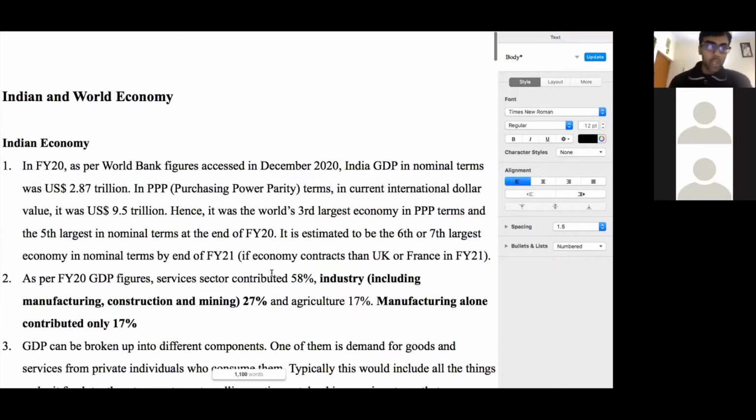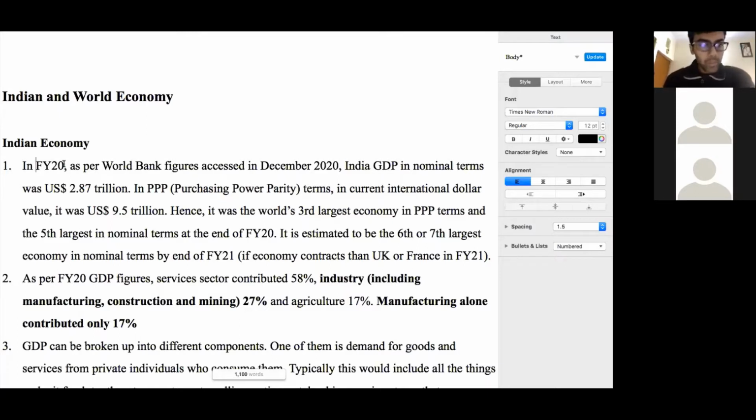And often in short form, we write FY20 to mean the financial year that ended on March 31, 2020. So the year in which any financial year ends is the year written after FY. FY stands for financial year and 20 stands for the year in which that financial year ended. So the financial year that will end on March 31st, 2021 would be written in short as